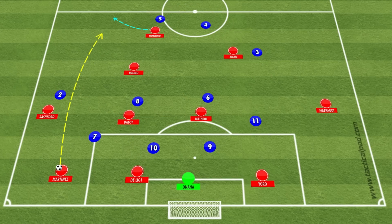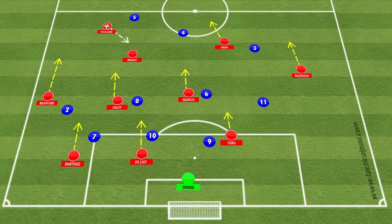However, if they do fully commit to the man-to-man press, cutting off all the passing lanes between the lines and forcing De Ligt out to Martinez, now Amorim's side can look to use a similar pass up the channel from Martinez, with Højlund spinning into that area, where from now if Højlund can look to knock the ball down into one of Bruno or Ahmad, who hopefully should be free in behind the opposition's midfield line press, with this also being a trigger for Rashford and Mazraoui on the flanks to spin in behind their pressers and drive into the space they've created by dragging their pressing players high up the pitch, with Dalot and Manu also doing the same